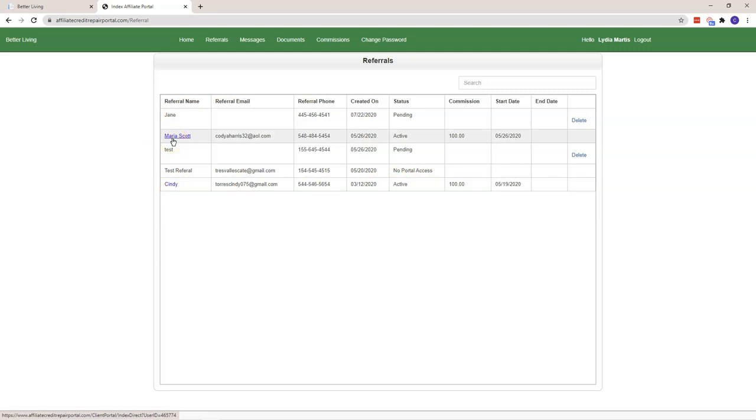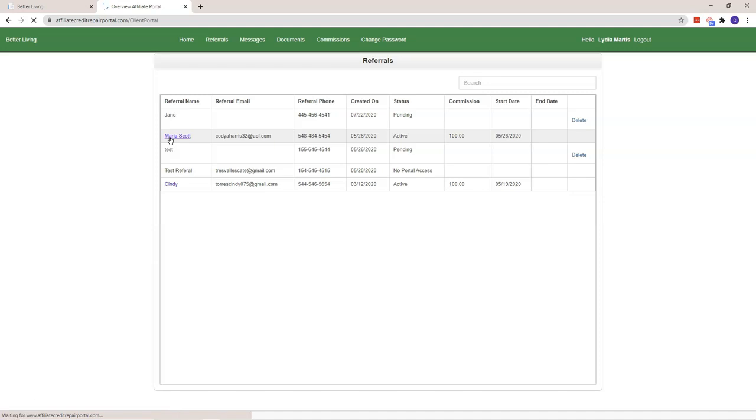Now take note that this client tracking portal access is only provided when the referral is already an active client in the software. Meaning to say, if the affiliate sends you a referral, then eventually you convert that referral from a lead to an active paying client of yours, then the affiliate would gain access to view the client tracking portal. Now again, if you have it turned on, all they have to do under the referral section is click onto the referral's name and it would route them to the client's client tracking portal.